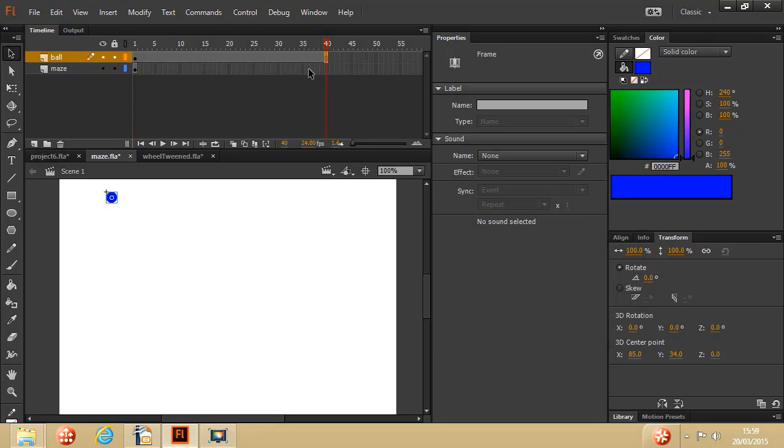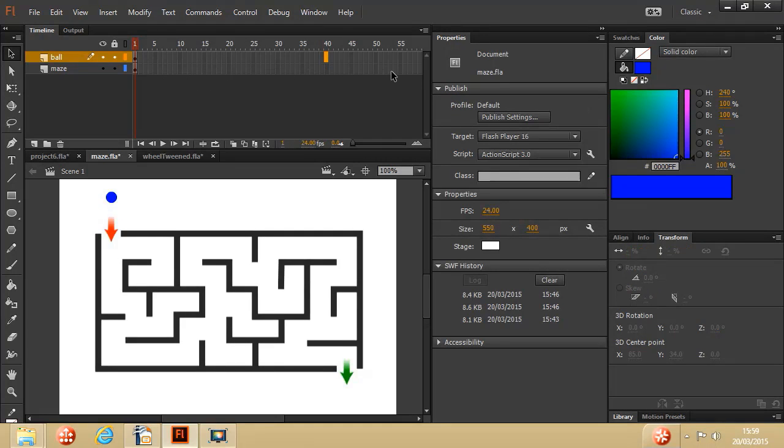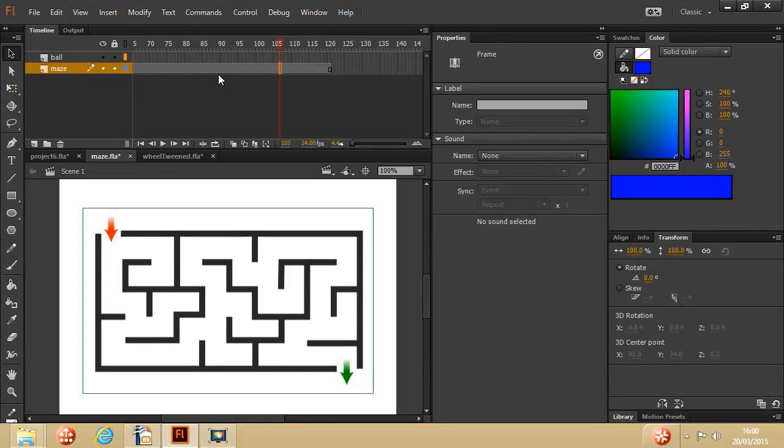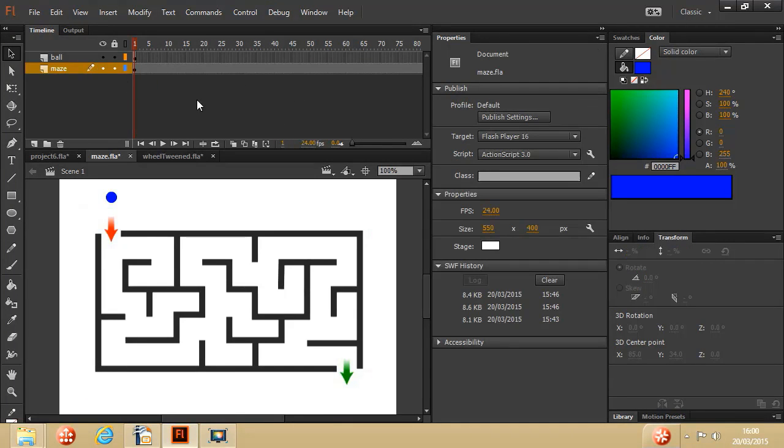So I'm just going to press Ctrl Z, and I want to see more frames here, so I could use the frame zoom if I want to, or let's put that back roughly, or I can click and drag further along to see some more frames, and I'm going to go to frame 120, right mouse click and insert a frame, and that will just make sure my background remains displayed throughout the animation. So I'm also going to lock that there. That means I can't do anything to the background while I'm